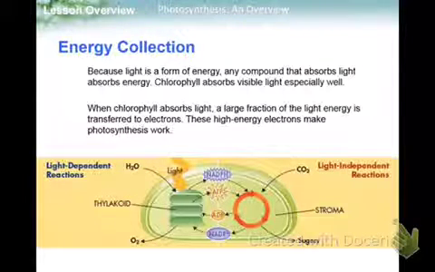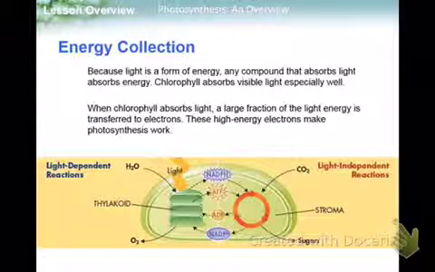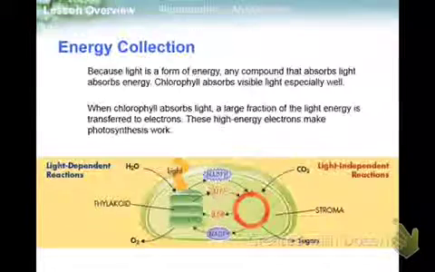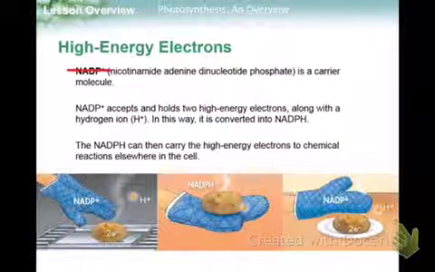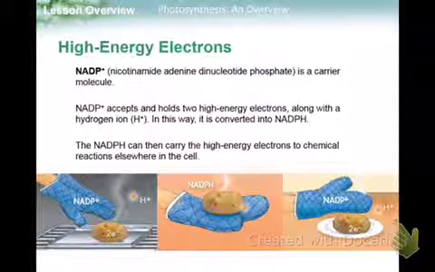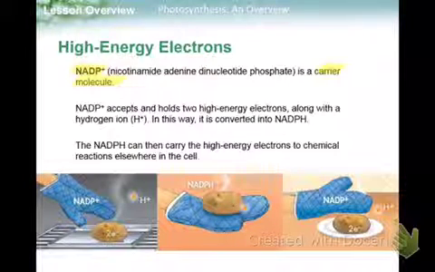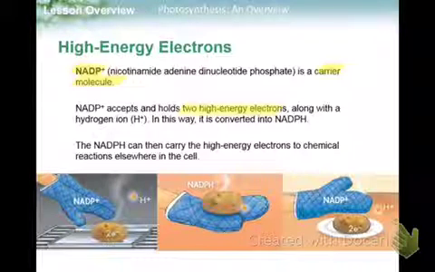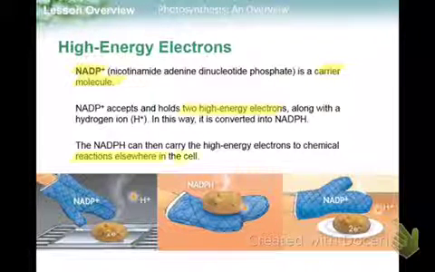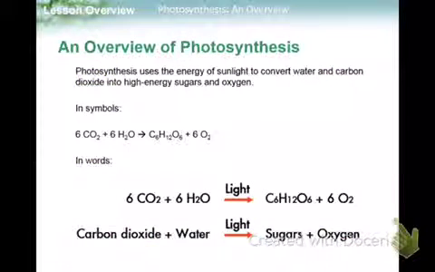So because light's a form of energy, any compound that absorbs light absorbs energy. That's what chlorophyll does. So a large fraction of this is transferred to electrons, and that's what drives photosynthesis. Electrons need to be carried, and NADP is a carrier molecule. Each molecule of NADP holds 2 high-energy electrons and transports it to chemical reactions elsewhere in the cell. I'll show you how that works in just a little bit. So keep in mind,